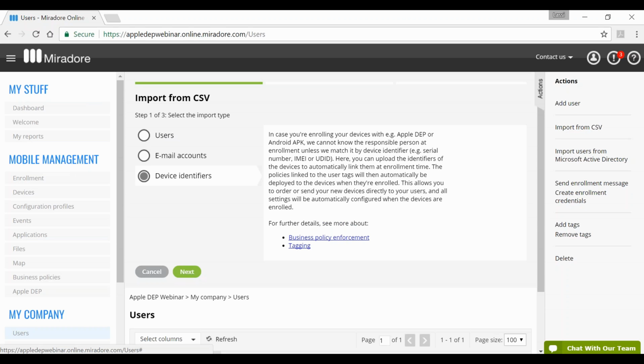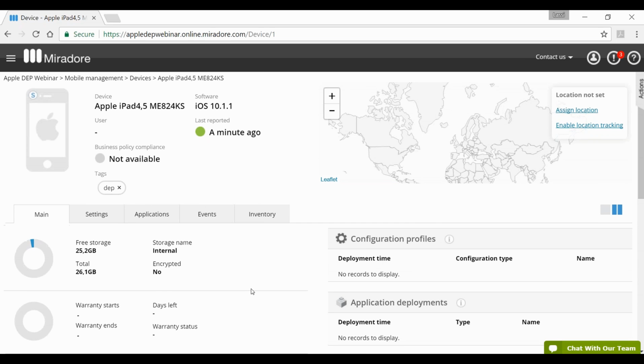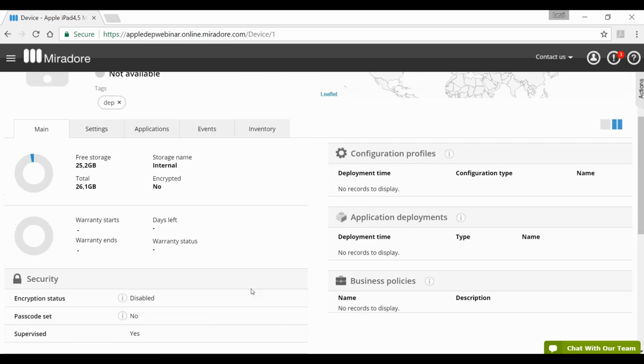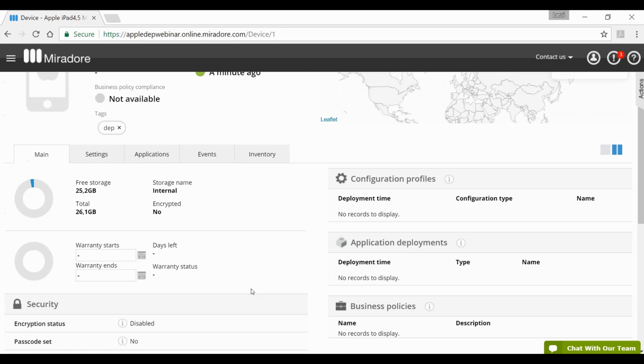You can import this identifier list with the end user information in advance, and then when you start to enroll the devices, those will be automatically assigned to each of those end users. So you don't need to manually select the user in the devices view. But let's see the device itself. It's online and under management normally, like any other device.